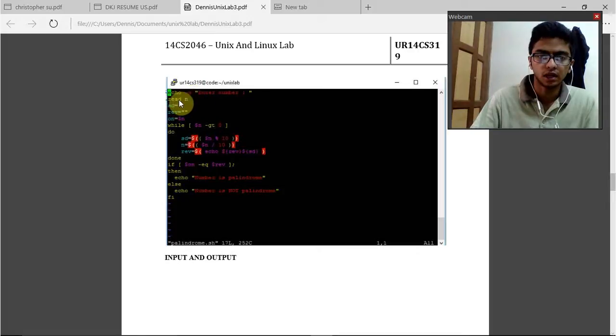So we enter a number n, and we have temporary variables here: st, which we initialize to 0, and reb, which we initialize to blank, and on equals $n. While n is greater than 0, we do the following. N modulus 10 is equal to st, n is equal to $n divided by 10, and reb is equal to